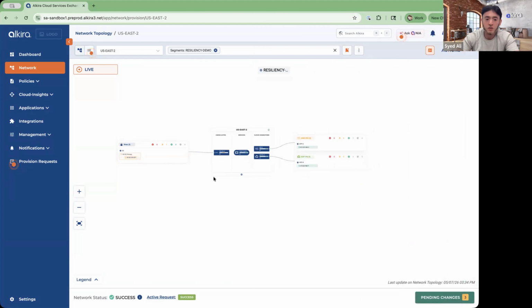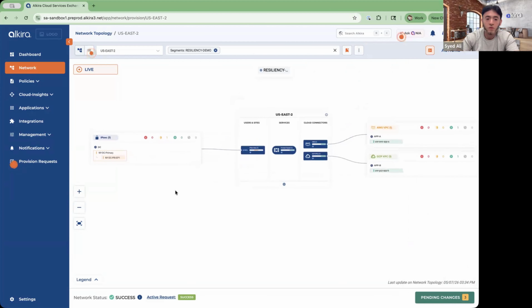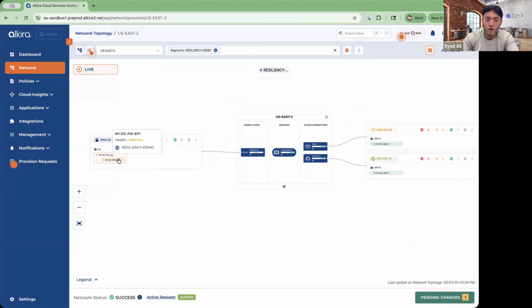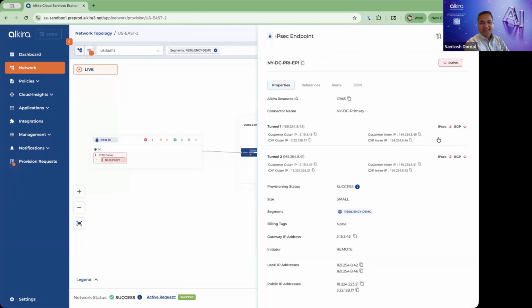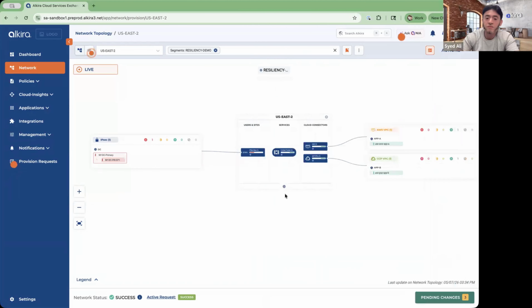So the expectation here, Santosh, would be that when both of the AZs are down, it'll show red here saying two USCs. Oh, there it is, and it's showing red here, which means both tunnels, both the links, have gone down. So what kind of failure is this? What we were trying to simulate is the impact of both AZs in USC 2 going down.